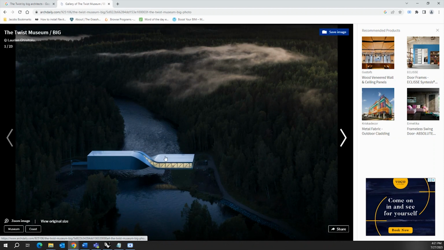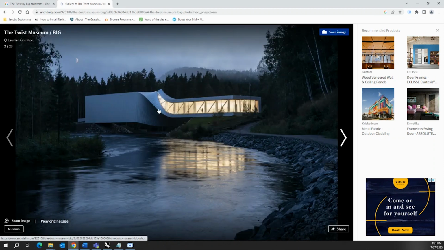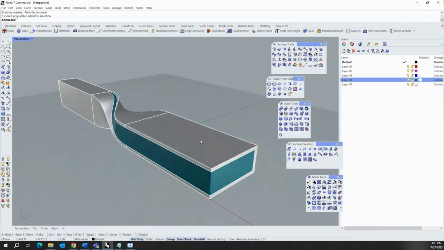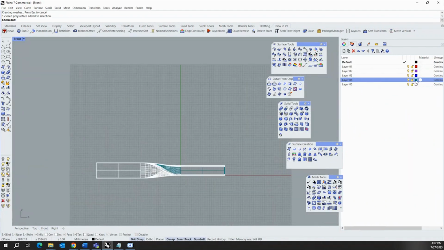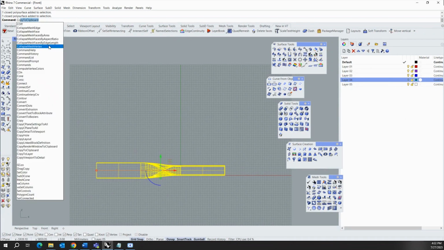So if you see, this is not a plain surface, it's like a parametrical arrangement of the fins placed in this way. It's like a corrugated pattern we are getting. The same thing we are going to create right now. For that, we'll go to the front view. I'll hide this glass for some time. I'll select this surface. I'll type the command called contour,